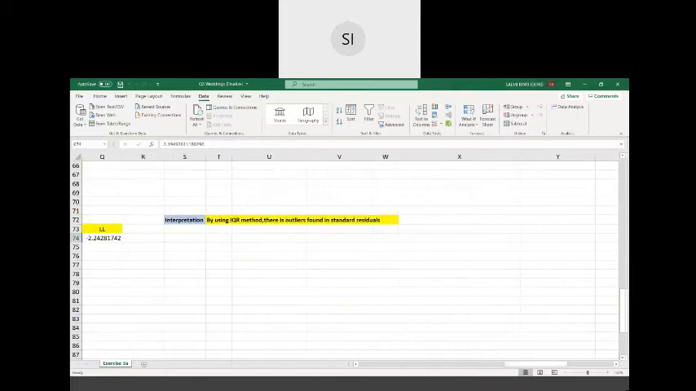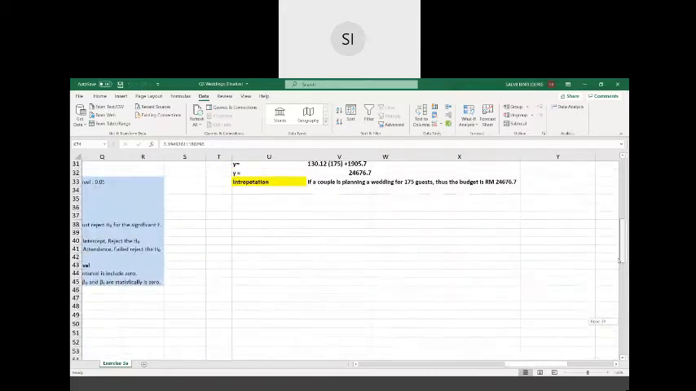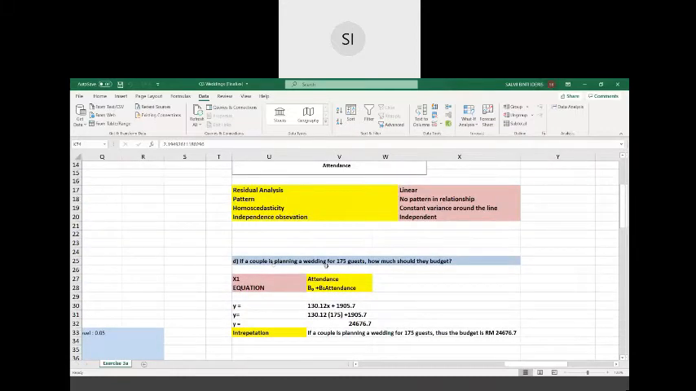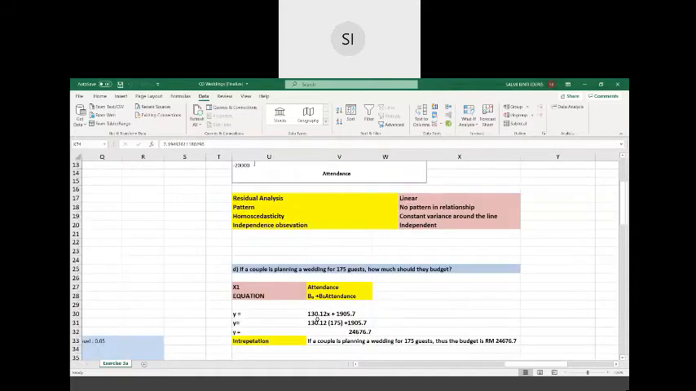Untuk soalan D. Okay, D. If a couple is planning a wedding for 175 guests, how much should they budget? Okay, actually kita dah tahu ya. Ini adalah dia punya, yang kita cari adalah attendant lah. Equation dia adalah B0 tambah B1 iaitu attendant. So, Y actually kita dah dapat yang ini. Okay, jadi macam mana kita dapatkan bila guest tu ada 175. Okay, kita akan tukarkan X ni kepada 175. Dan kita kali dan tambahkan semua, kita akan dapat